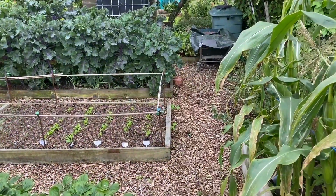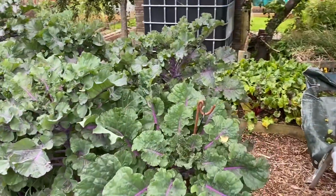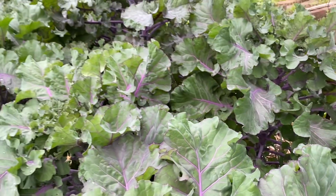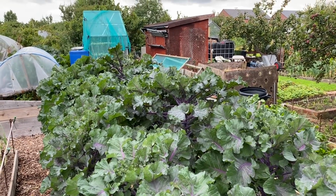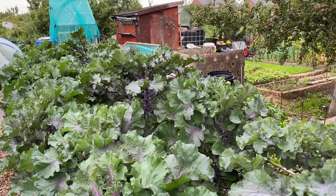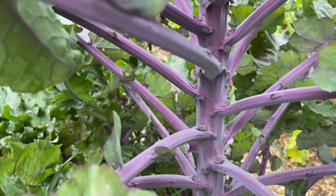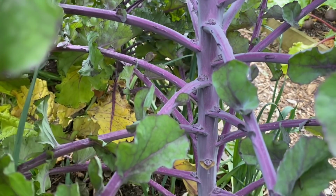And I will stay with the brassica theme, I think. So here I've got my colettes, and there is a cabbage white, probably laying eggs. Go. Right, so these are my favourite winter veg, growing nice and big. They've got a bit more growing to go, but already they're a good size, and that's what you're really looking for, because you want a stem that's really long, so you get all of these beautiful colettes growing on it,